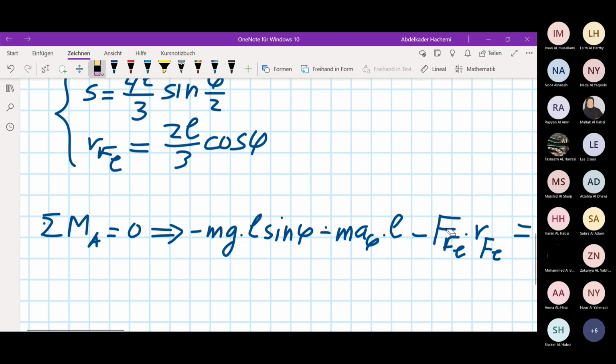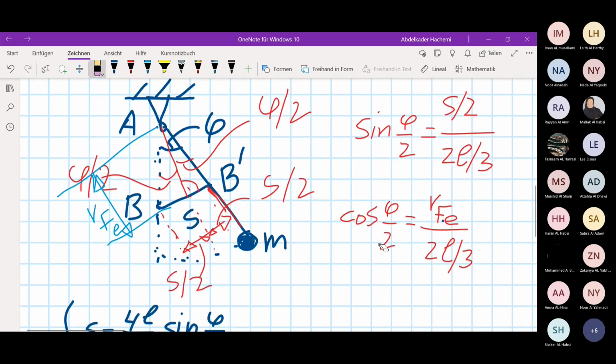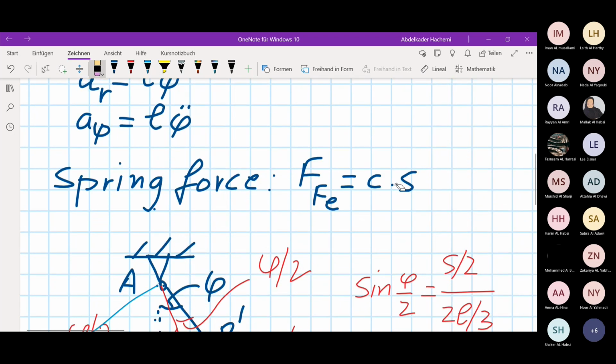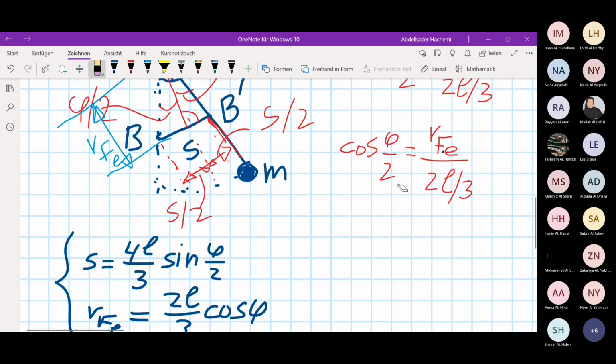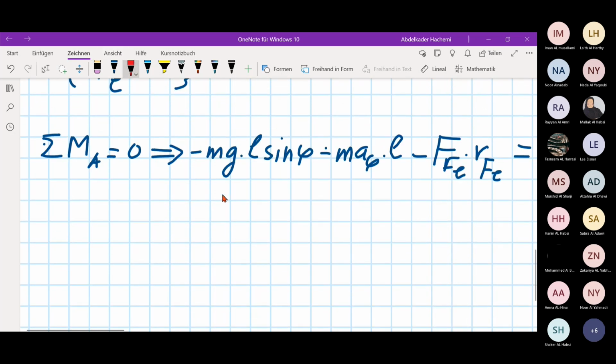The spring force is given by C multiplied by S, and S is given by the following relation here. That means now if I develop